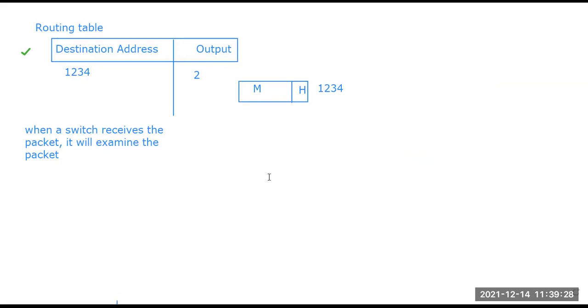of 1234. Whenever a destination address comes, after examining the header file from the packet, whatever destination address we are receiving must have been associated with a particular port. We need to find the corresponding port from the routing table, and then the message will be transmitted, forwarded through that particular port.